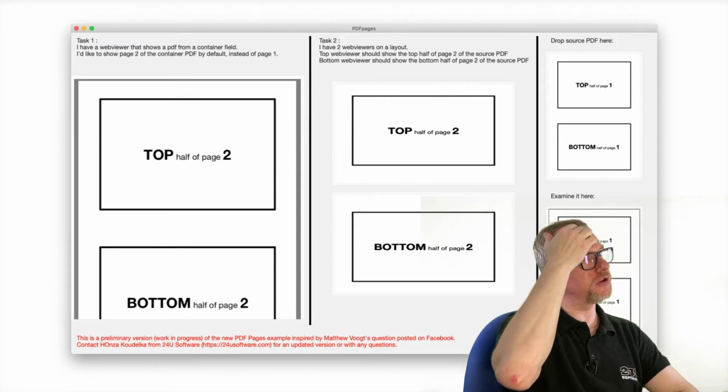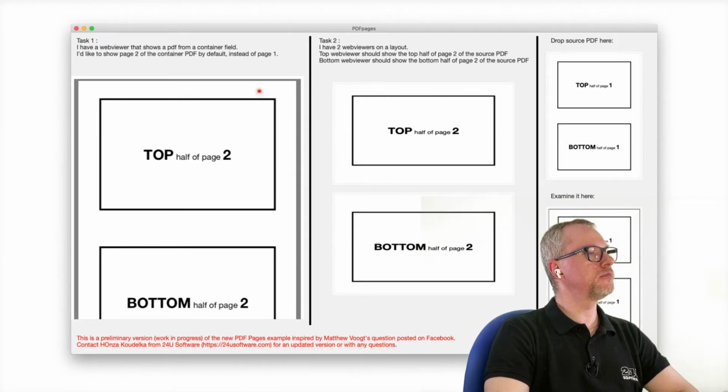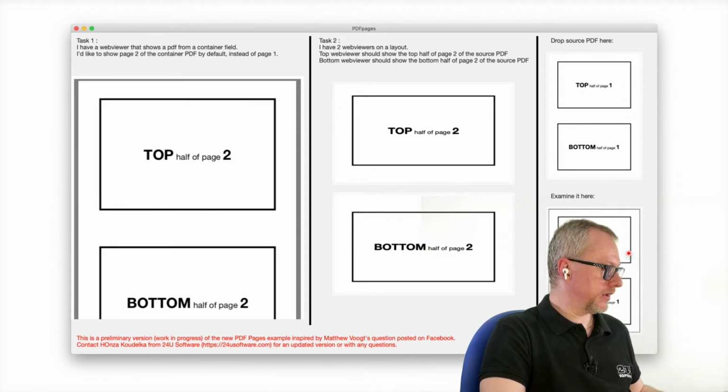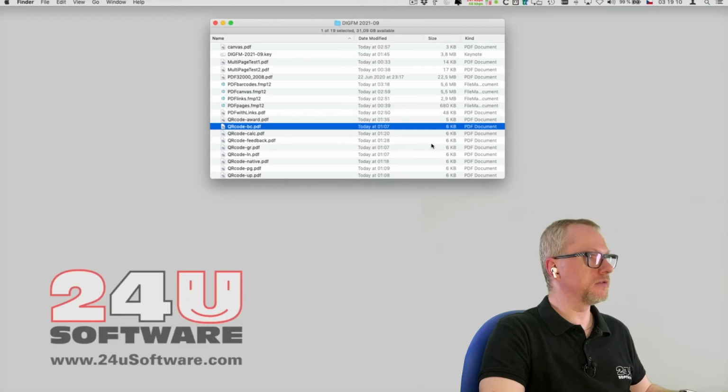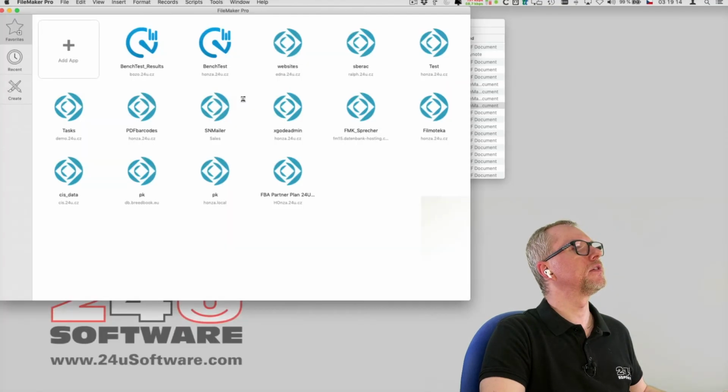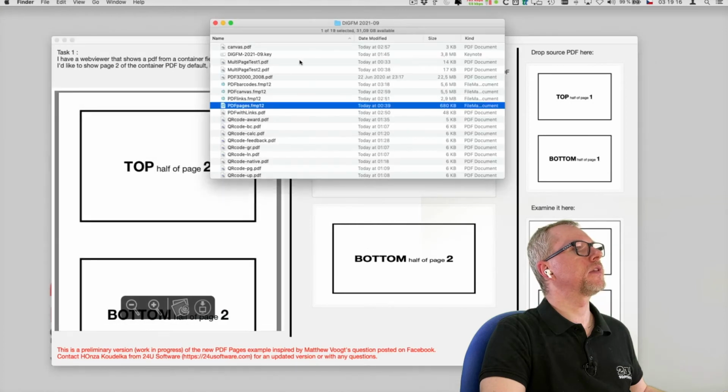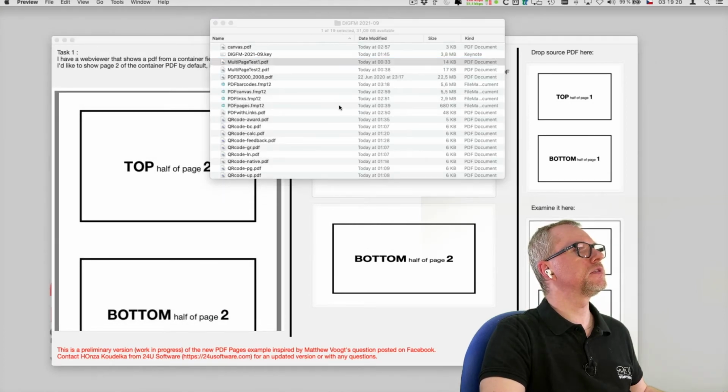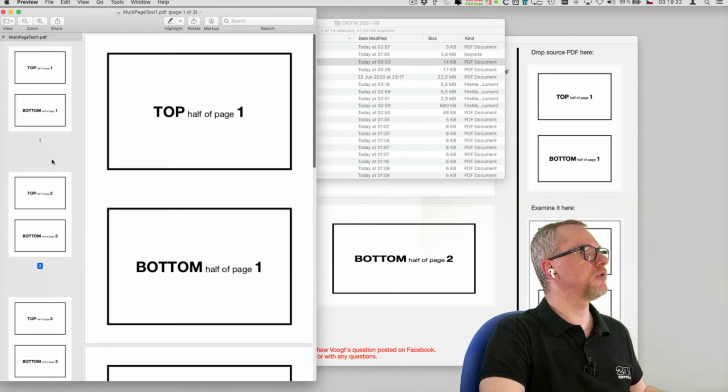And his challenge for me was how to make it so that out of a multi-page PDF, which again I can show you here in the example, and this is the PDF which I'm using here. So this is a PDF which has 3 pages,